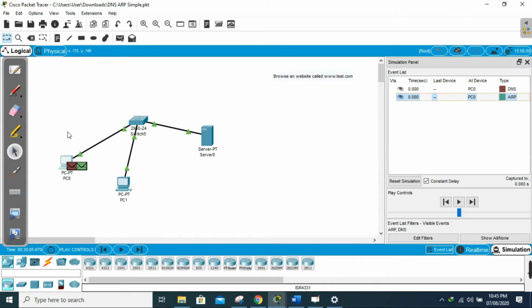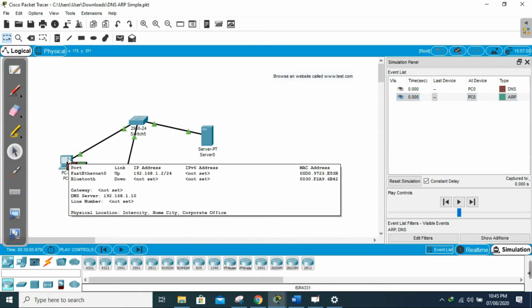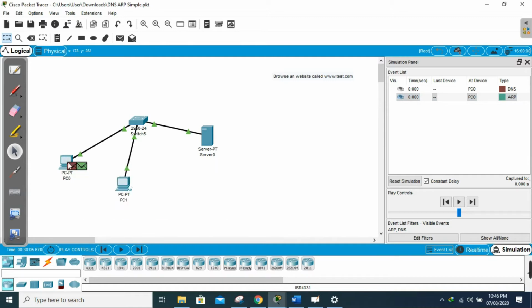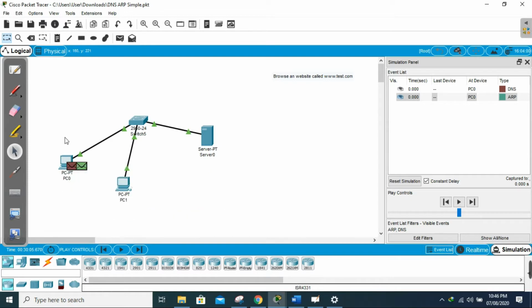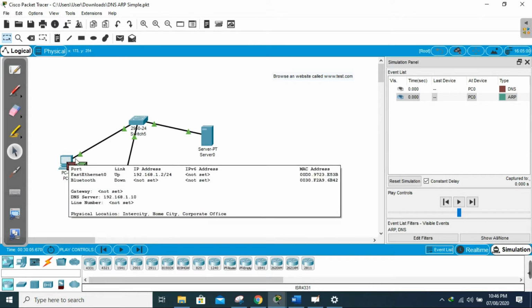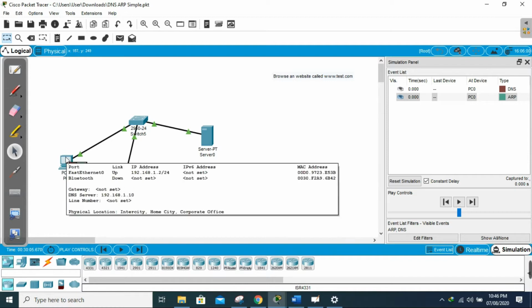In this case we're browsing from PC0, so my query will look for the DNS server which is connected to this PC. You can see when I put my mouse over here that there is a DNS server shown as